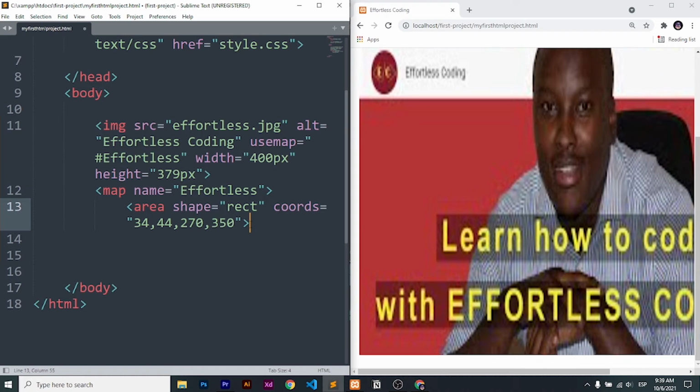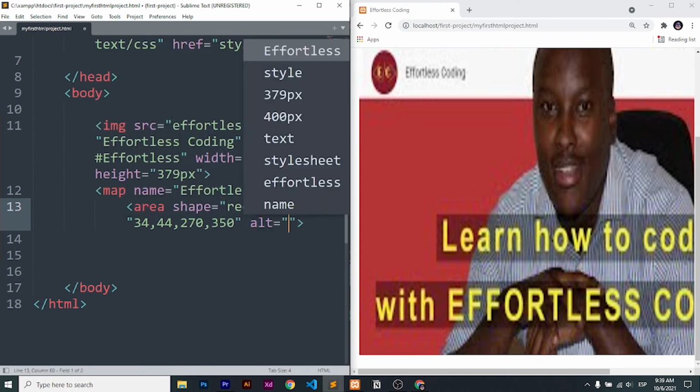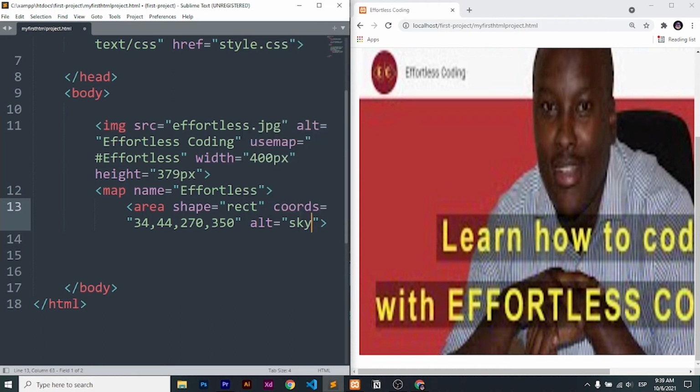Then the other attribute, as I've told you, when you're doing an image, you have to do an alt. So do an ALT is equals to, this might refer to where you're going to link this particular area to. So in our example, let's say we are linking it to SkyZone. So within the alt, just say SkyZone. Then remember, when we talked about the anchor tag, the most important attribute is the href, which actually defines the path where you're linking this particular page to. So do also the href attribute, and then say within it